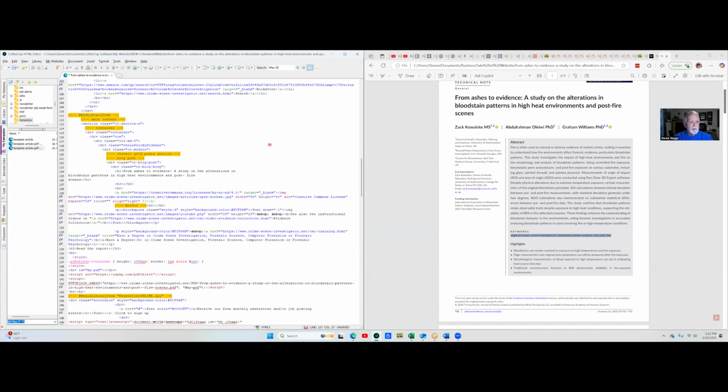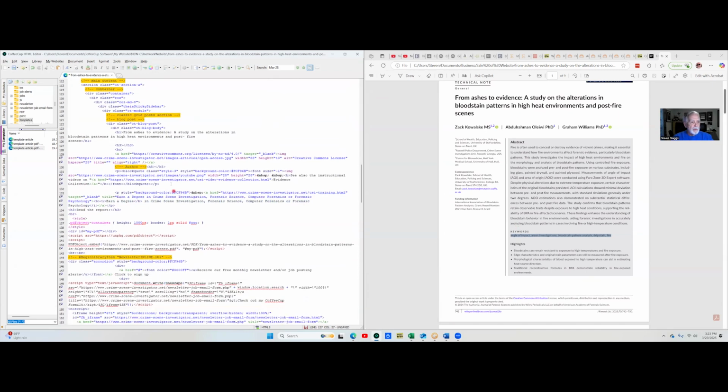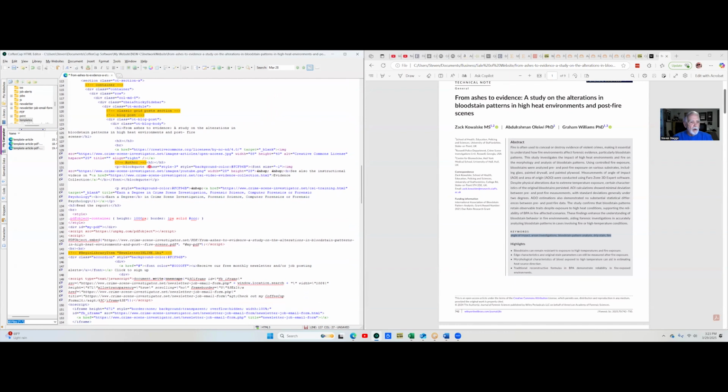All right, so I have the names of the authors, and where they go is right here where you see it say author between the H5s. Now, the H3 up here is if there's like a subtitle. So if it said this is the title and then there was something else that's kind of a subtitle, you can put it in there. If there's nothing, you just leave it blank. All right. Now, what I want to do is